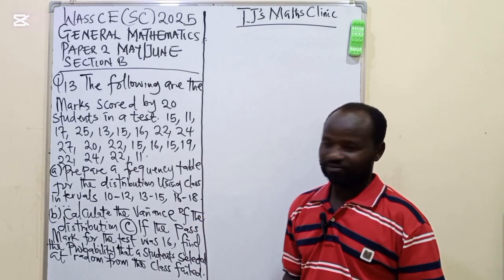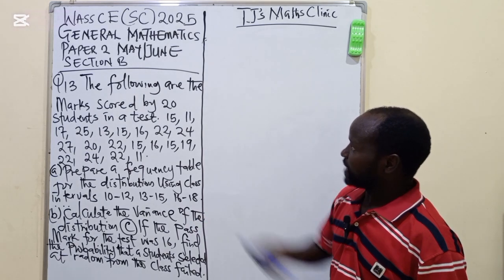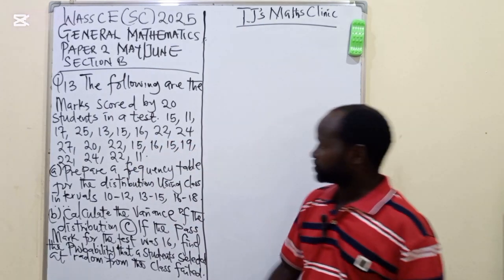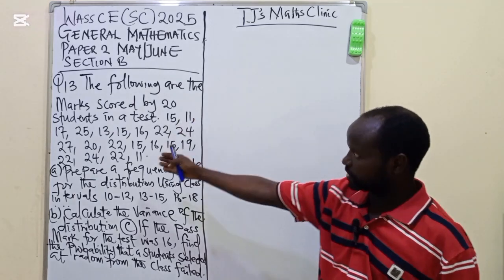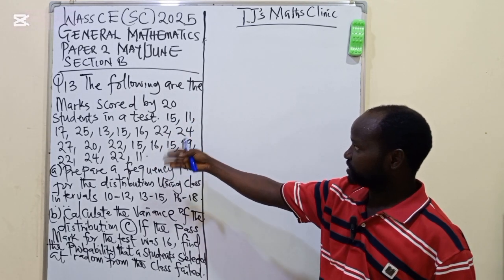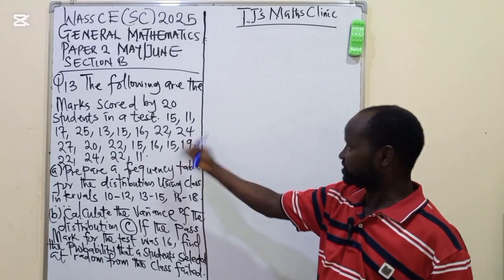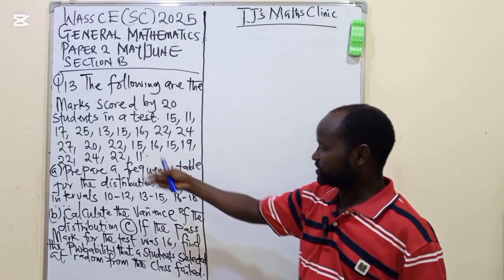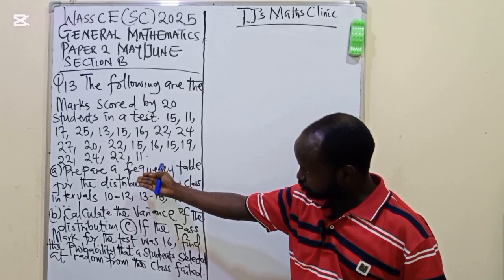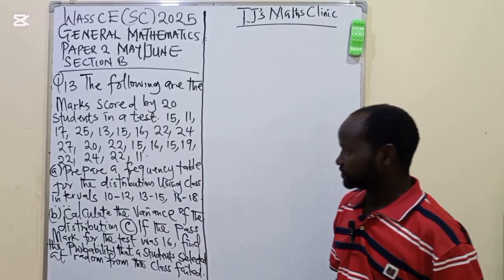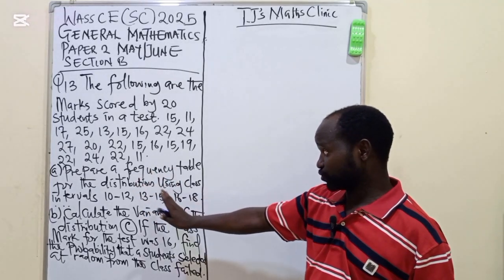Let's consider this question. The following are the marks scored by 20 students in a test. We have 15, 11, 17, 25, 13, 15, 16, 22, 24, 27, 20, 22, 15, 16, 15, 19, 22, 24, 20, 22, then 11. We are asked to prepare a frequency table for the distribution using